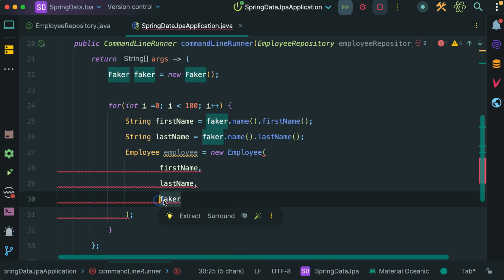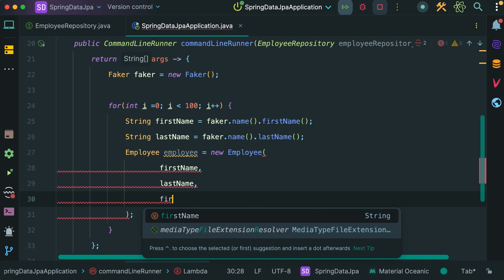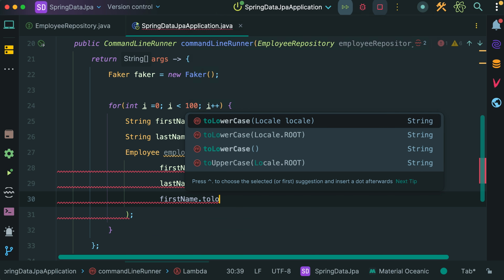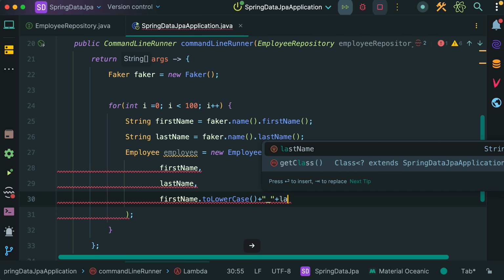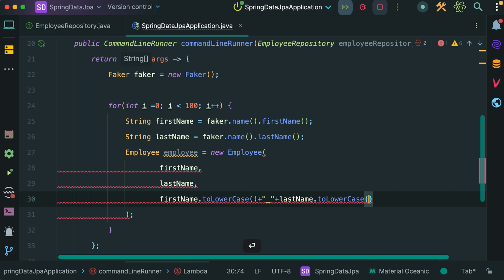For the email address, we will concatenate the first and last names in lowercase separated by an underscore and append learnwithiftkhar.com. That's it. First name, making it lowercase, concatenate it with underscore, again concatenate with last name in lowercase, and concatenate it with